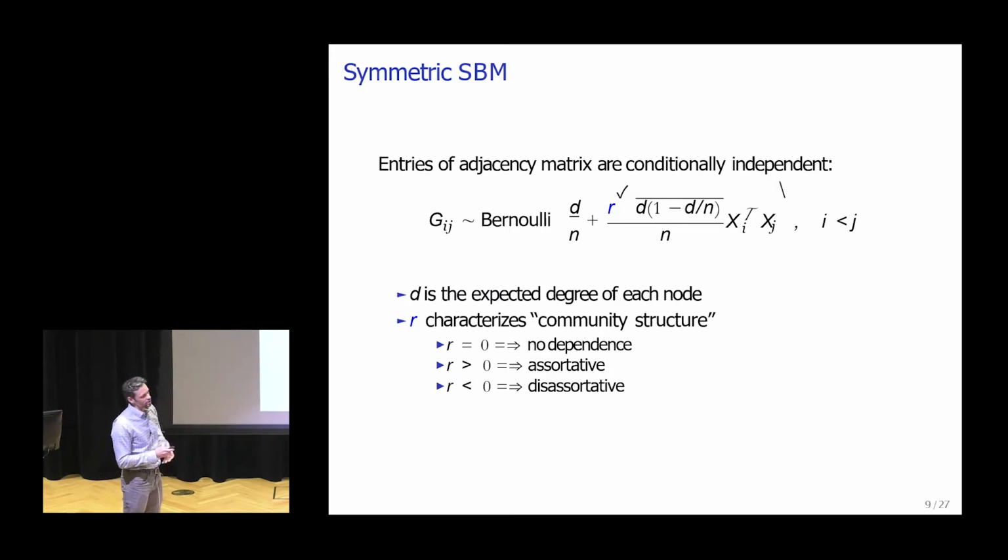D is the expected degree of the node. So much like Jean, I'm going to be looking at the situation where D is increasing at some rate, the dense setting where the size of the network is going to grow, and D is going to grow. The only difference between this setting and what Jean did is that Jean also allowed these xi's to be non-equal probabilities. But in the case here, the difference is that you can have more than just 2 communities.